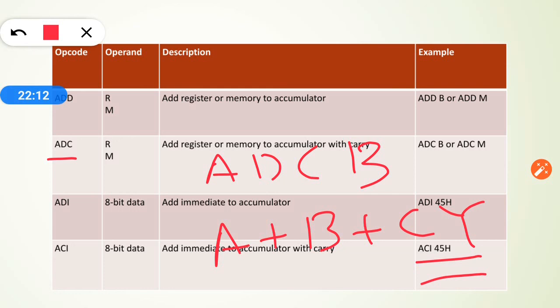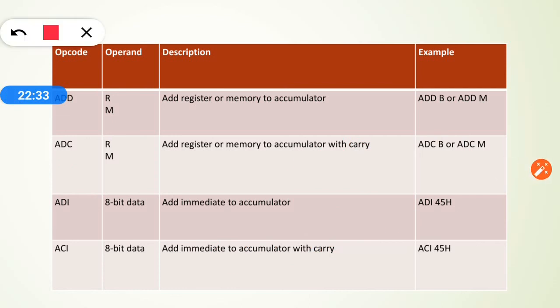That means whenever a carry is generated from the result, the carry bit in the flag register becomes 1, right? So this carry flag, as we discussed for the flag register in the block diagram, this 1 bit, which is the carry generated, is added with A plus B, right? So you have got the idea of ADC. That means addition of the contents of the accumulator with the contents of a register or memory, along with the carry if generated from the previous addition, right?